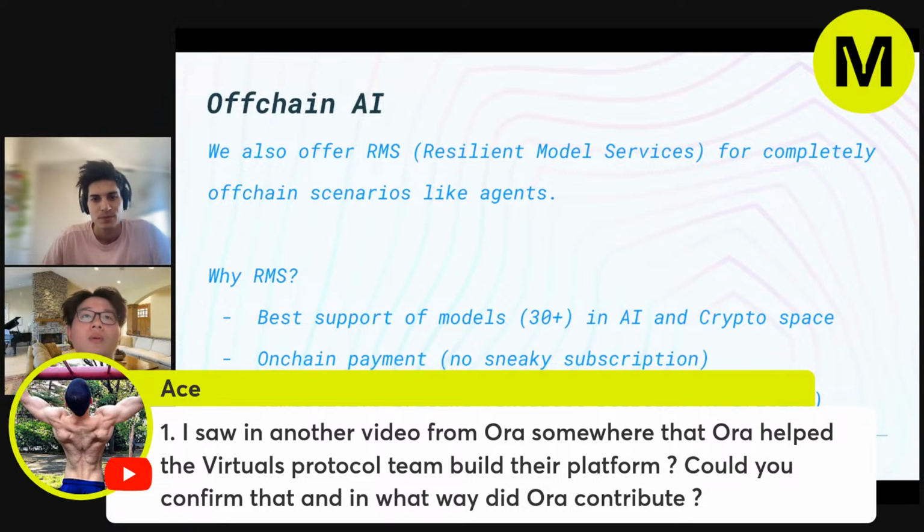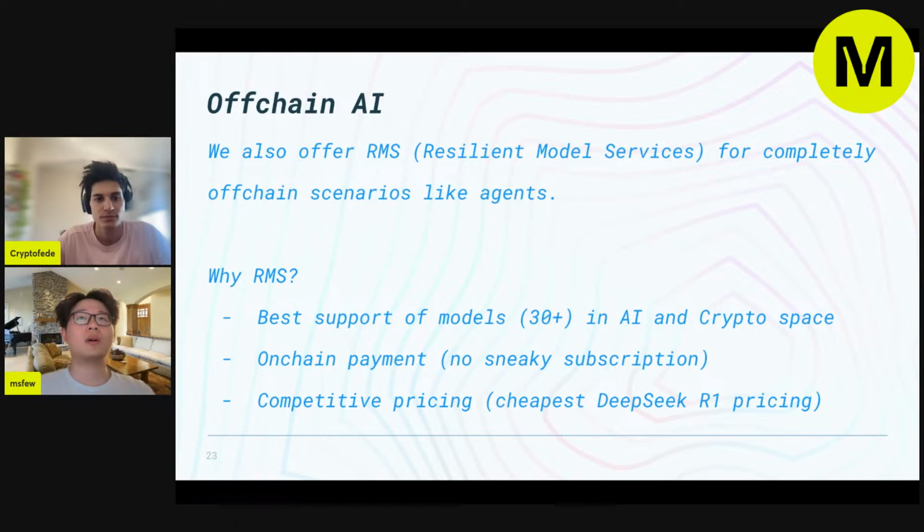Yeah, so we have been working very closely with Virtuals before, and one of our team members is also working with Virtuals, so that's why we are very close projects to each other. We announced the partnership around 1 year ago, before Virtuals came to the center of the crypto AI field, and we were building things very early before all the AI crypto stuff came up.